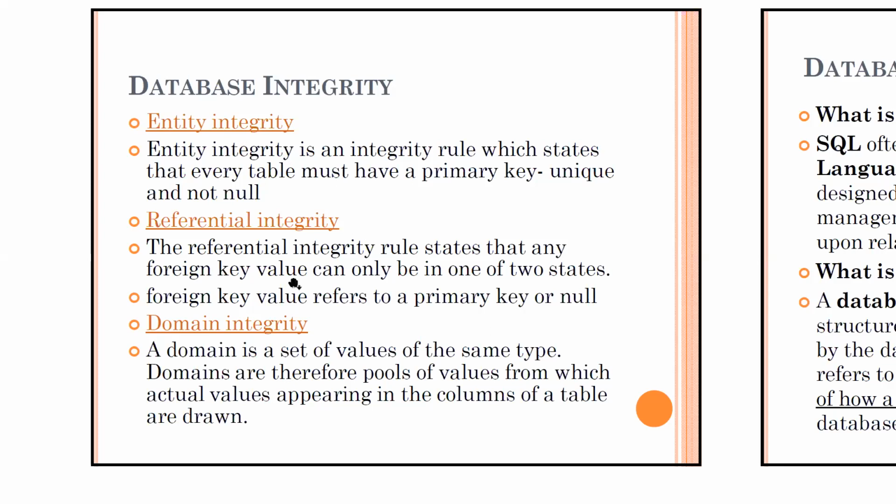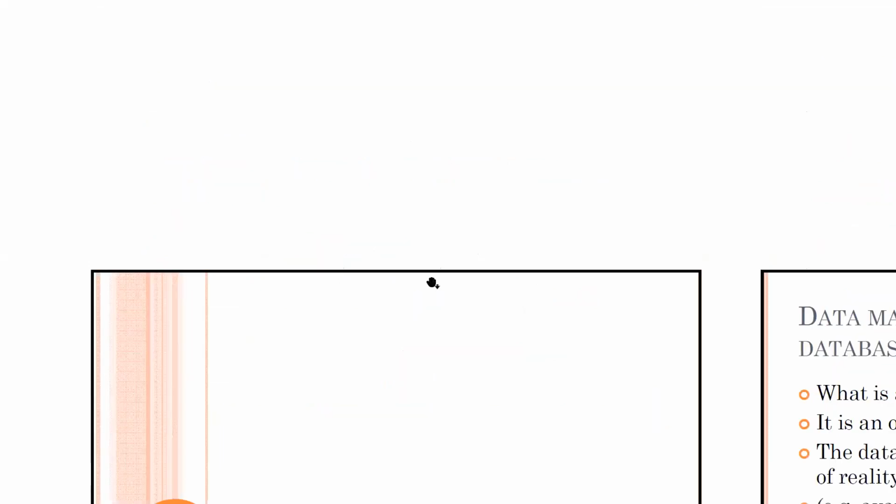So if you have a foreign key, there should be a matching primary key, or it should be null. There should be nothing in it. So the referential integrity rule states that any foreign key value can only be in one of two states. The foreign key value refers to a primary key or null. So the two states are the foreign key referring to a primary key. Remember, I showed you that linkage between the customer table and then